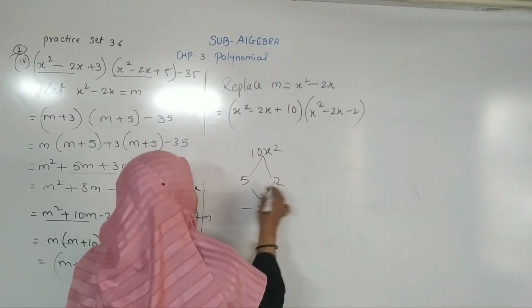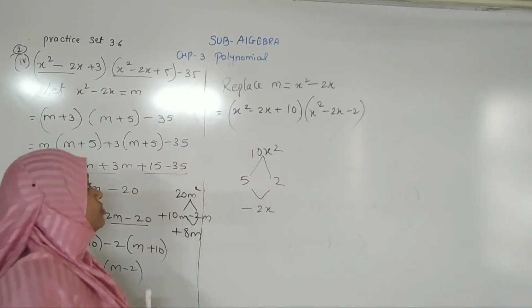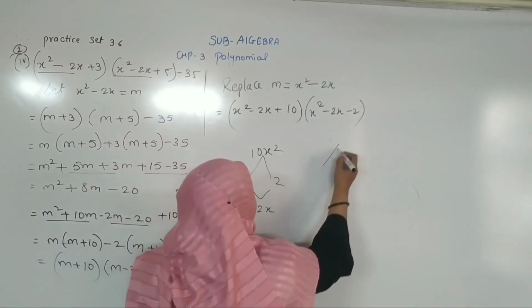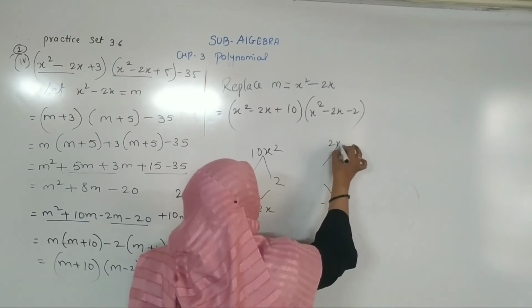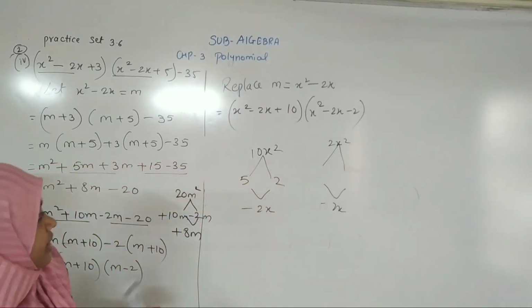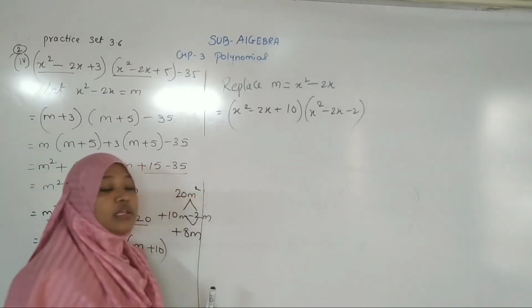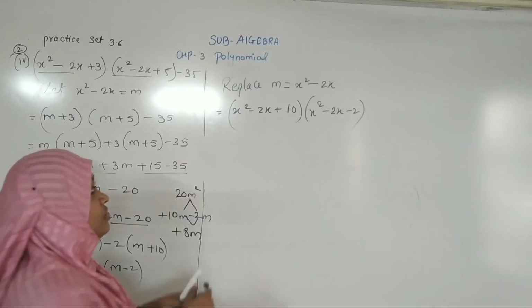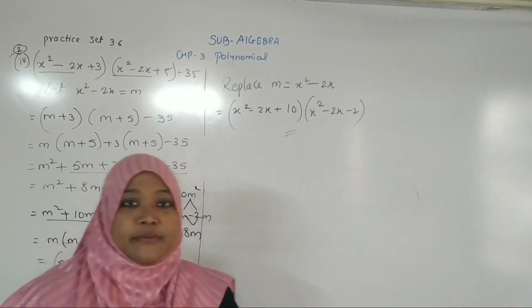5 twos are 10, 5 plus 2 is not 3, it does not work. So this term will not be factorized. Let's check whether this one factorizes or not. 2 ones are 2, 2 minus 1 is 1, 2 plus 1 is 3. So in these sums it cannot be factorized further; this is the last solution for the sums.